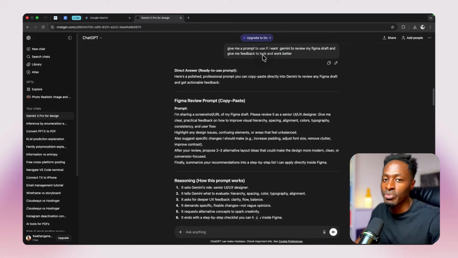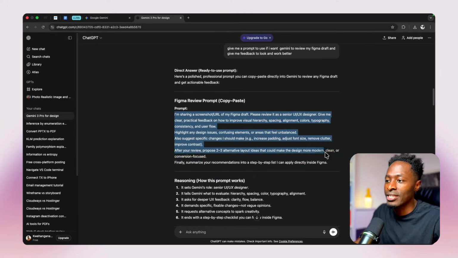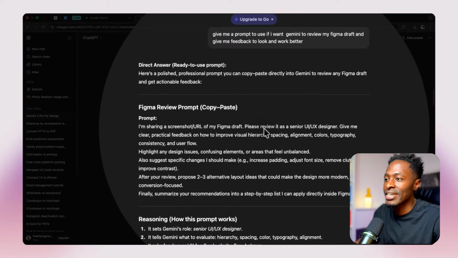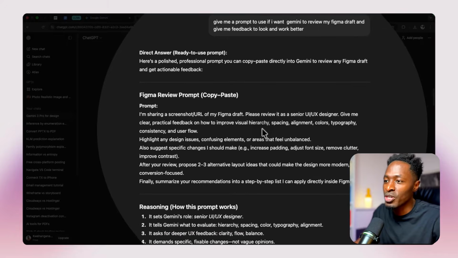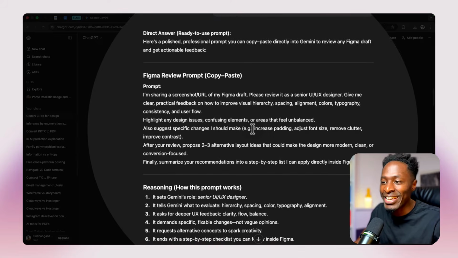So I came here to ChatGPT and told it to give me a prompt to use if I want Gemini to review my Figma draft and give me feedback to make it look and work better. And here it wrote me this draft, where it says, I'm sharing a screenshot of my Figma draft. Please review it as a senior UI UX designer. Give me clear, practical feedback on how to improve the visual hierarchy, spacing, alignment, colors, typography, consistency, and user flow. And then it said, highlight any design issues, confusing elements, or areas that feel